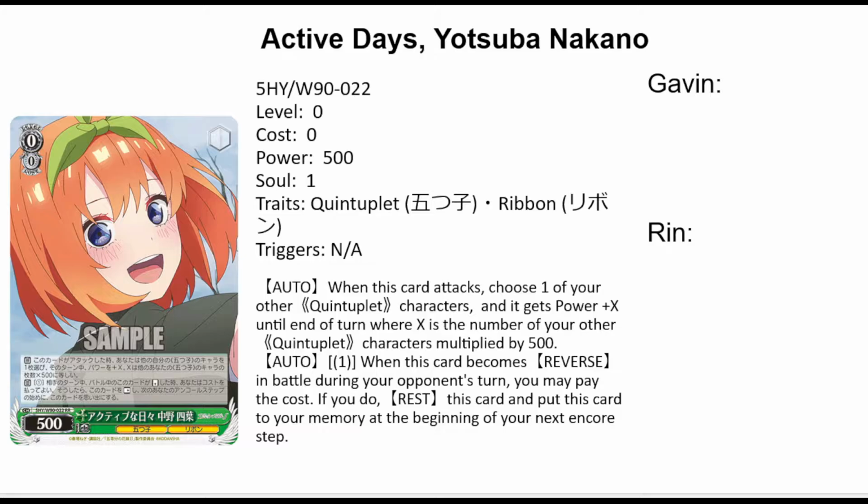On attack, choose one of your other quintuplet characters, and it gets +S power until end of turn, where S is the number of your other quintuplet characters multiplied by 500. And once it becomes reversed in battle during your opponent's turn, you may pay 1. If you do, rest this card, and she goes to your memory at the beginning of your next encore step. Okay. Well,